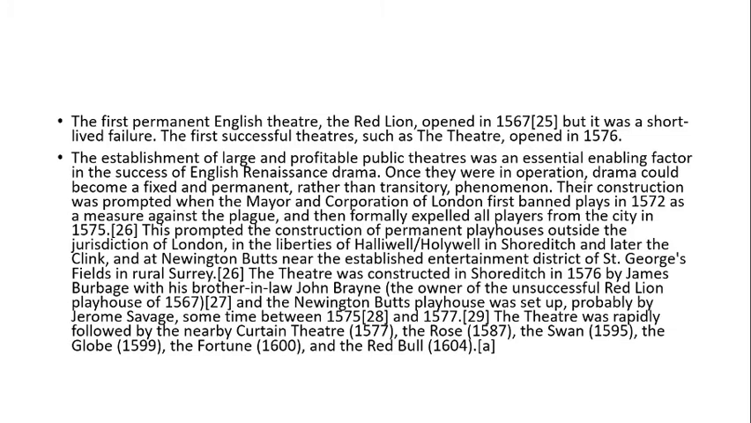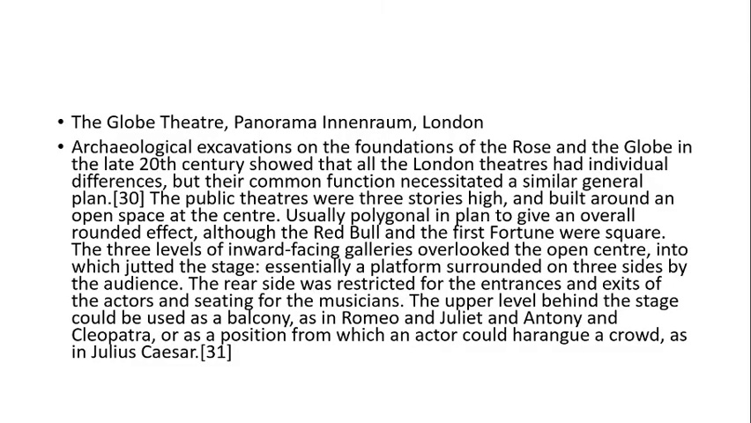The Theatre was rapidly followed by the nearby Curtain Theatre in 1577, the Rose in 1587, the Swan in 1595, the Globe in 1599, the Fortune in 1600, and the Red Bull in 1604. So, the Globe Theatre, in London, was a very important theatre because all the Shakespearean plays were performed in this Globe Theatre. Archaeologically, excavation on the foundations of the Rose and the Globe in the late 20th century